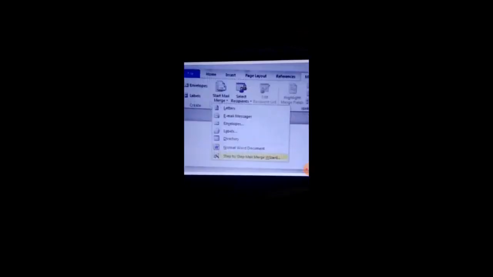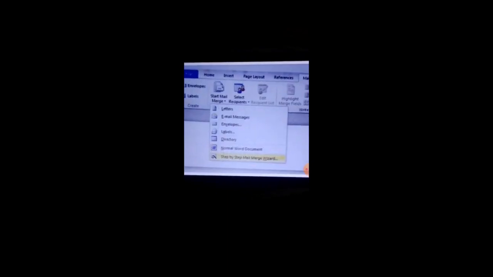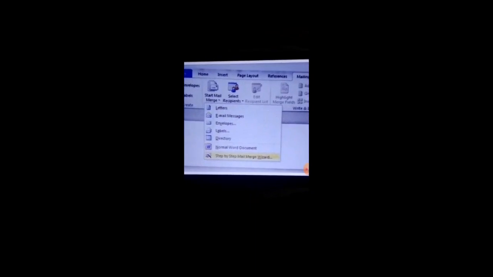After that, now I will show you step by step. First of all, you can see this, click on the mailing tab. Which tab you will click? Mailing. You can see this mailing tab. You will click over there and then you will click on start mail merge. Which option you will click? Start mail merge. And then you will click on step by step mail merge wizard. Okay, remember the steps: mailing tab, start mail merge, and then step by step mail merge wizard.